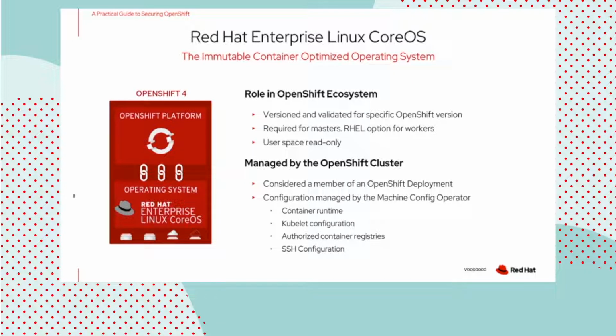So next slide, let's talk a little bit more about RHEL CoreOS, right? NIST Special Publication 800-190 recommends using a container-optimized OS for additional security, right? You just don't want to use any operating system to be the backbone of your container platform. You want a purpose-built container operating system to power a container platform like OpenShift. And when you have a specialized, purpose-built container operating system like RHEL CoreOS, you pretty much reduce the attack surface for the host environment,